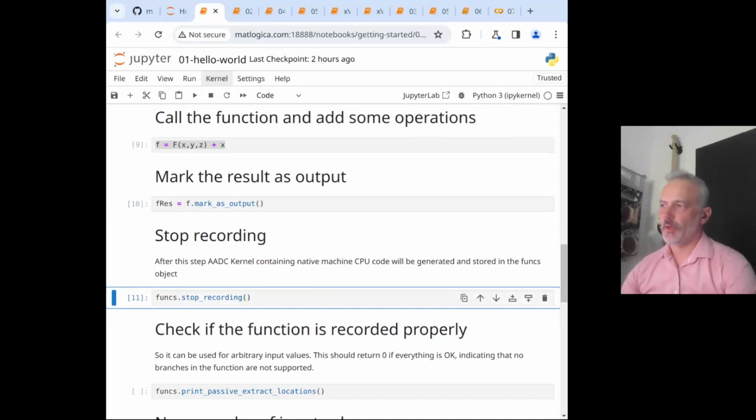So once you call stop recording, your efficient kernels, supporting AVX2 vectorization in this case, are formed in memory on the fly, right? So you're not really launching any external compiler. And although ADC stands for Automated Adjoint Differentiation Compiler, as you can see, we're not working with the source code directly. We're working with the elementary operations that define your evaluation graph.